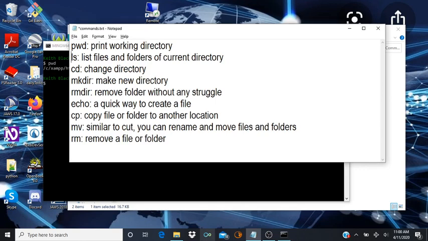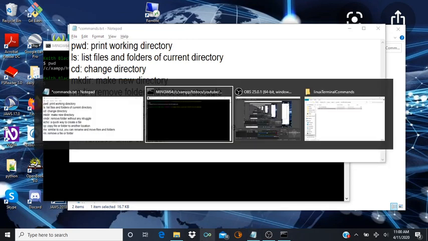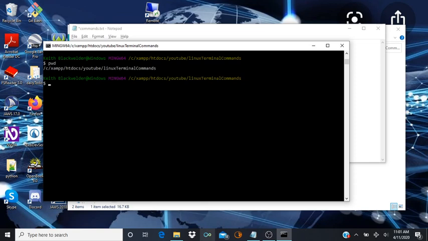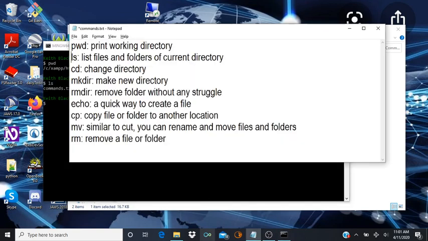And this one is ls. This is another one that you'll use often to be able to list the contents that are located in the current directory you're in. So if I type ls and press enter, all right, so we hear the files that we have in here. We have 2 files, and it's command.txt, which is the one we are looking at our commands in, and then we have the actual post for this video that is in text format in a Word document file. So, all right. So the next one that we have,